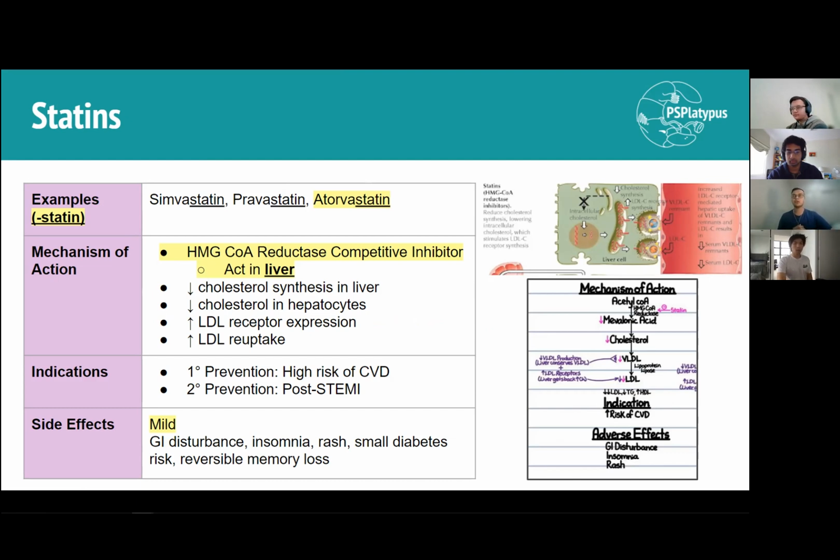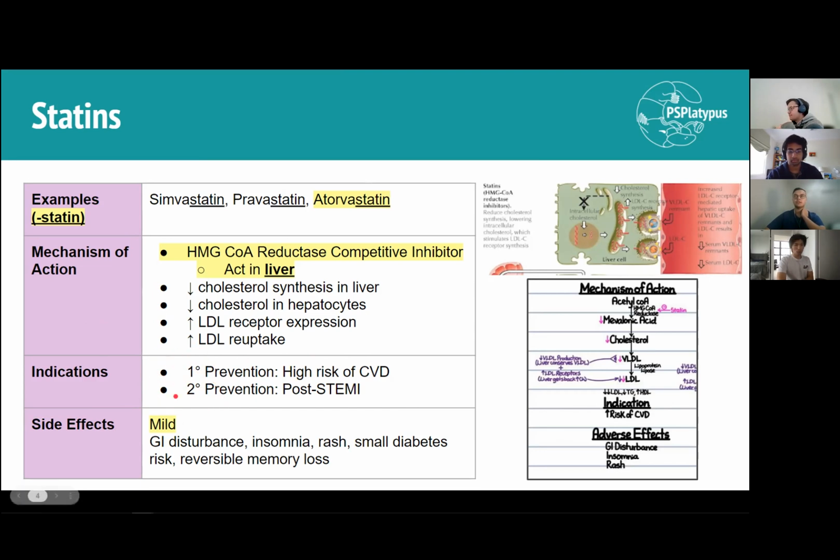Okay? Now, in terms of indications, there's only really two areas we focus on statins with. The primary prevention is when it comes to high risk of cardiovascular disease. So when someone hasn't had a cardiac event, but they're at risk of a cardiac event, we might use this. For example, if they've already got very high lipid profiles and they're at risk of cardiovascular disease, we might implement this to lower those lipid profiles and prevent that from occurring. The other use, though, is, let's say someone's already had a cardiac event like a STEMI. You can use it as a secondary prevention after that event has occurred to prevent another event like that occurring. So that's the two main areas that we use statins in. And I haven't got any experience, unfortunately, on the wards, but from what I've heard, they use it very, very frequently